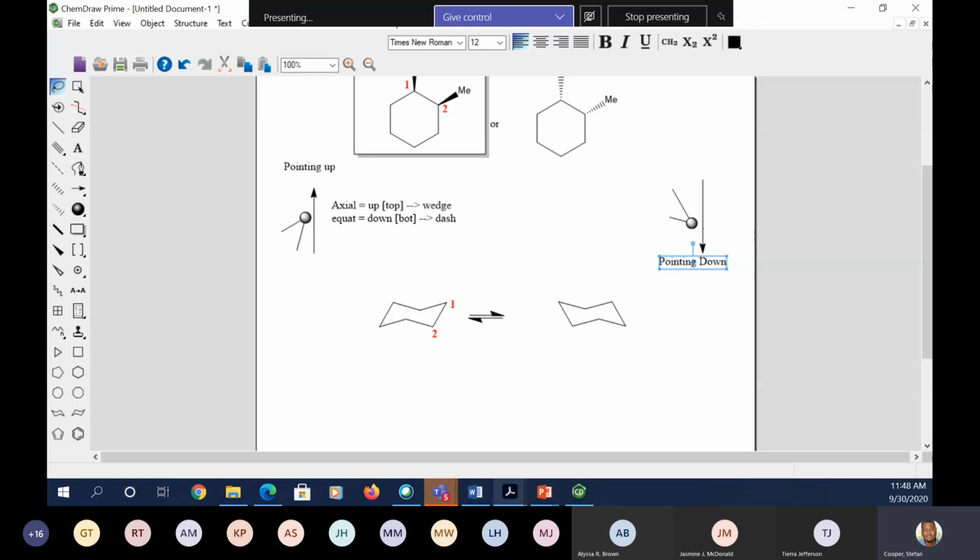All right, I'm gonna try to do this again on Friday. We'll try to break down what is pointing up and what is pointing down. However, if I'm pointing down, that means that axial is down now, right? So it flips. So axial means down or the bottom. That's the same thing as saying dash in my 2D structure. And my equatorial is now